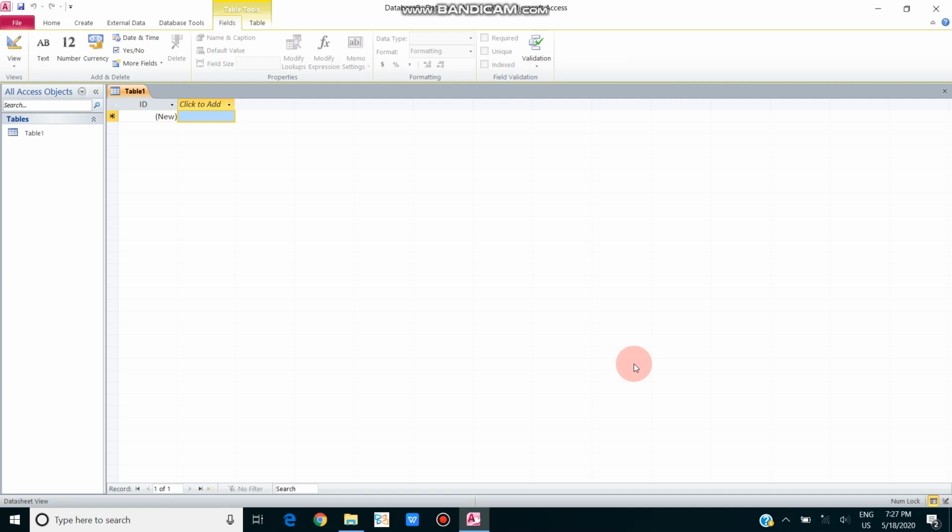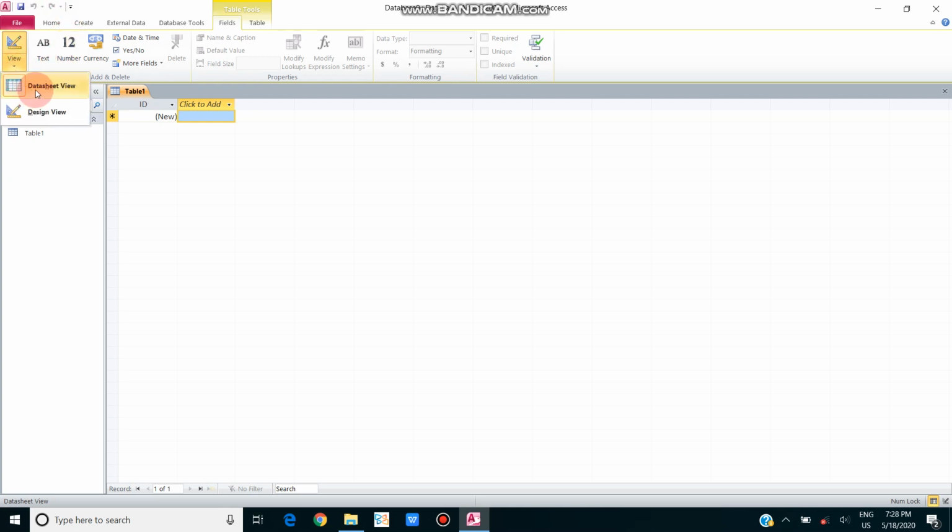So students, first we will discuss that we have different types of data types. First I will tell you that we have two views in a table. How can we see those two views? First we have to click on it.